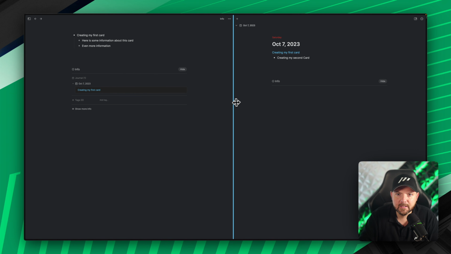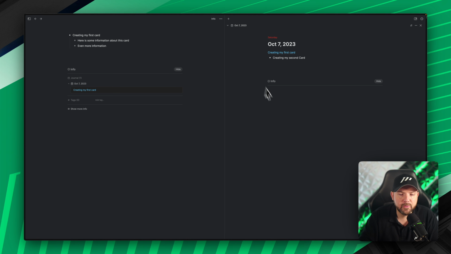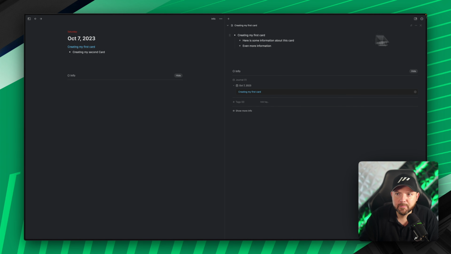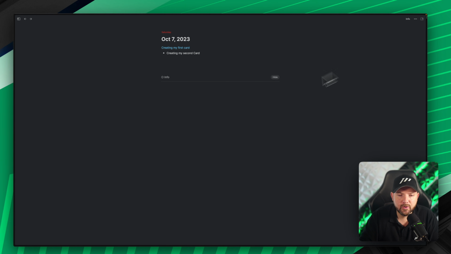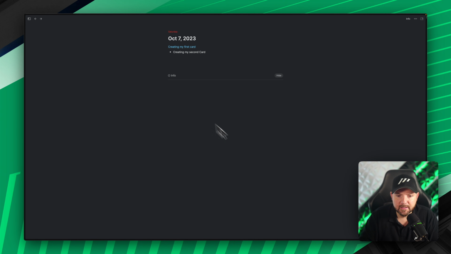And that's the nice thing in Heptabase. Now I have both next to each other. I could swap these. I can have a separate open tab. And now you see this is now centered. When I open the sidebar,